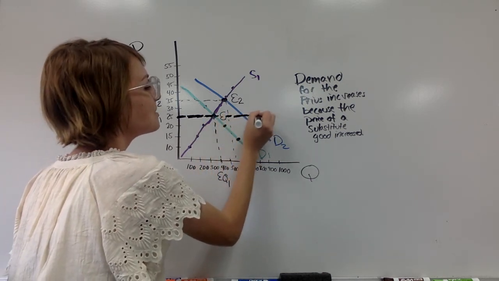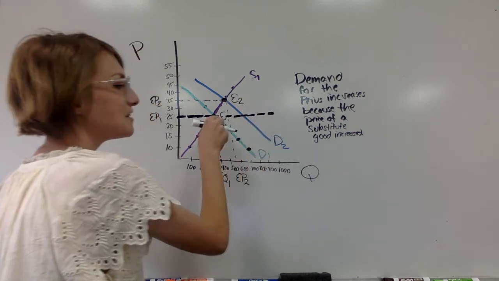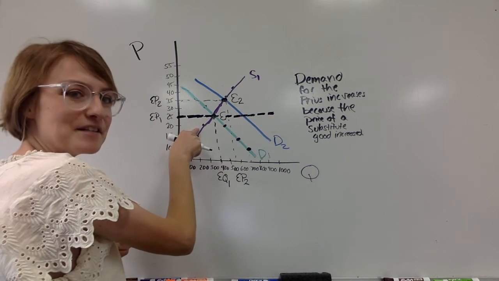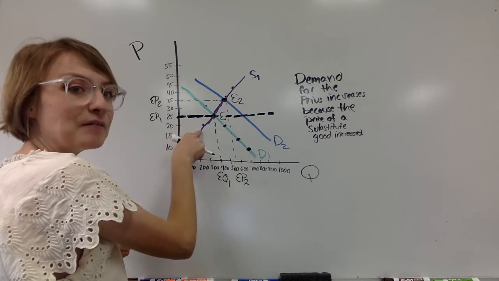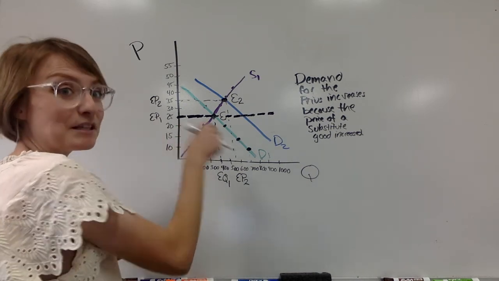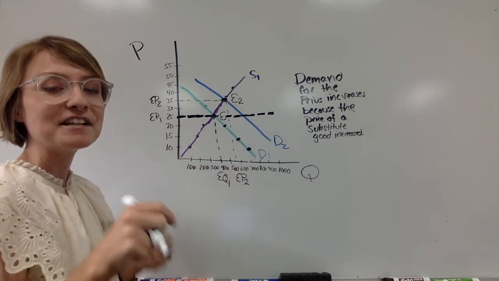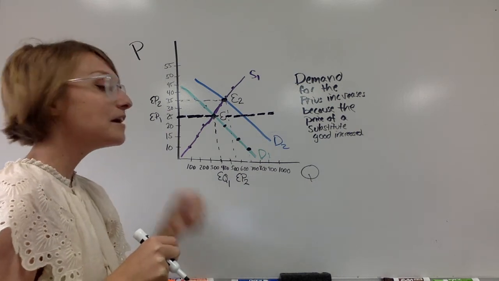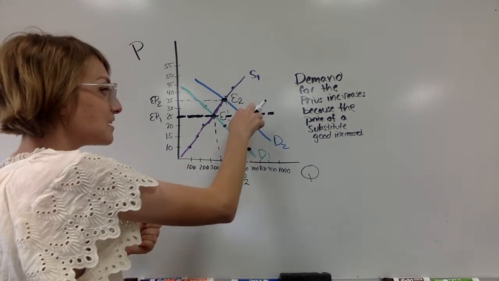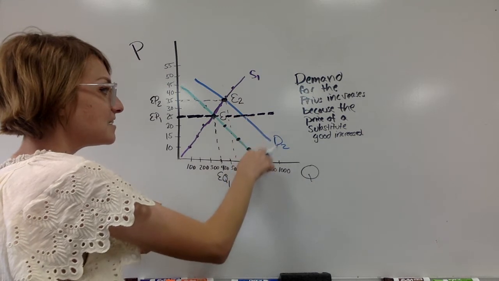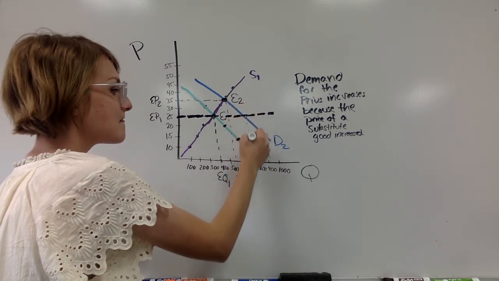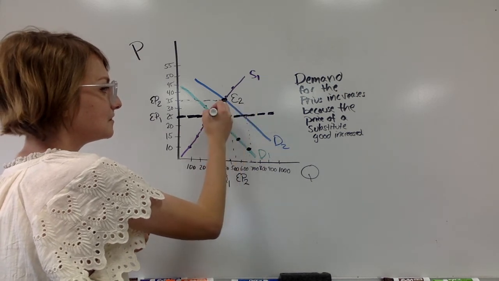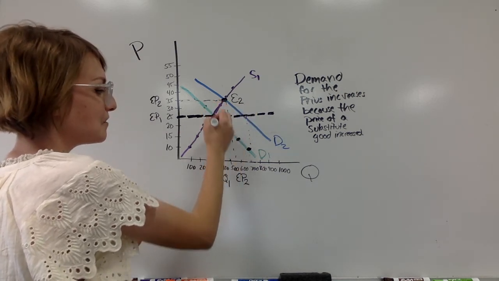But what's the problem there, right? They have set the price below equilibrium price. What do we know happens when you set the price below equilibrium price? What does that lead to? Does that lead to a shortage, or does it lead to a surplus, right? It leads to a shortage, because we'll notice that quantity demanded exceeds quantity supplied. So if we follow the supply line down to quantity,